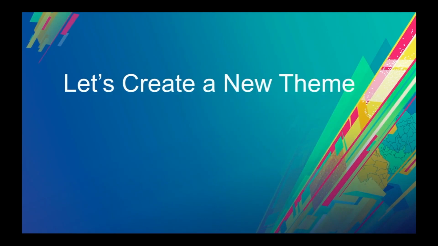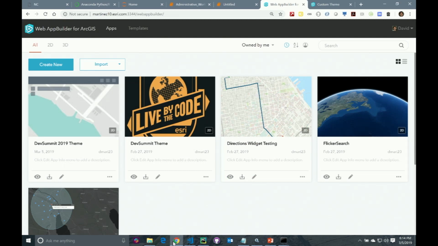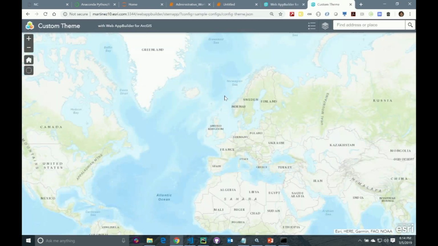And then, so let's create a new theme pretty quickly, because I know we're short on time. Okay, so here we have a custom theme, and basically I have this config.theme JSON. I'm not going to go through the folder structure, but basically what Gavin did, same way. Manifest, name your theme. The name of the folder's got to match the name of the theme. The name of your string's got to match the name of your theme as well. Otherwise you'll get an unable to load error